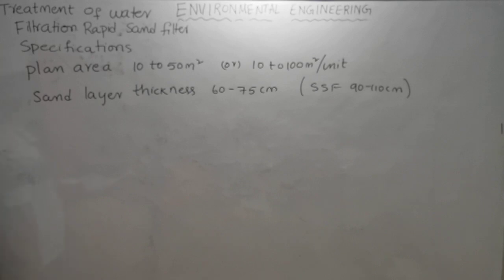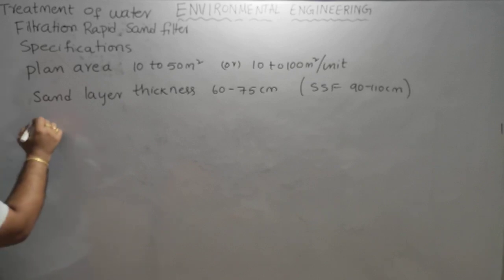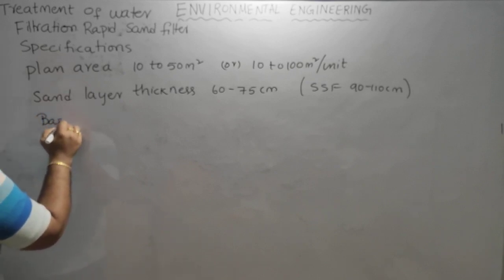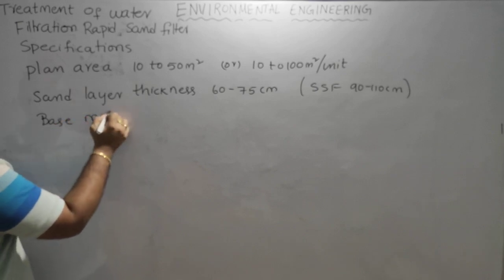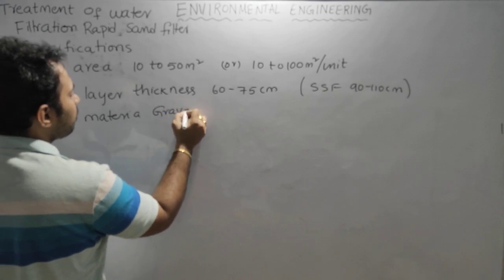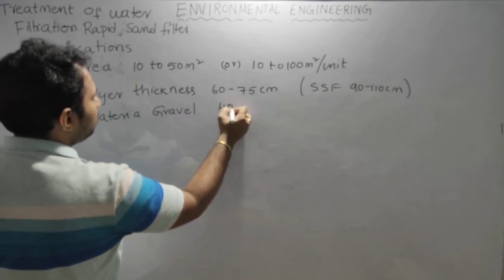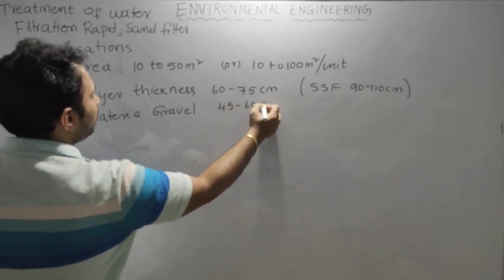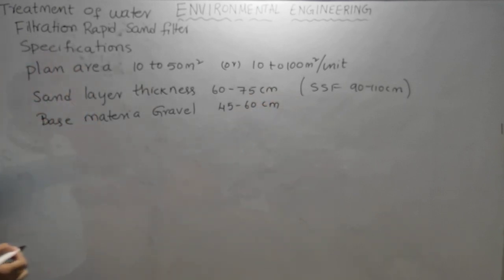That is why the gravel thickness here, base material gravel depth, is 45 centimeter to 60 centimeter. Base material gravel is 45 to 60 centimeter, and it is laid in 4 layers. And